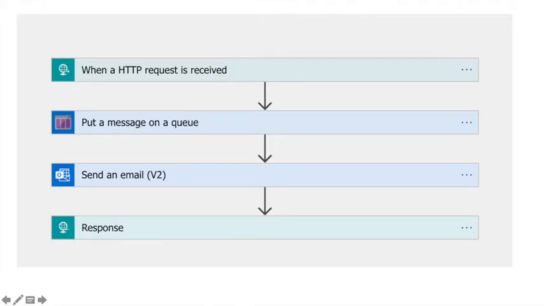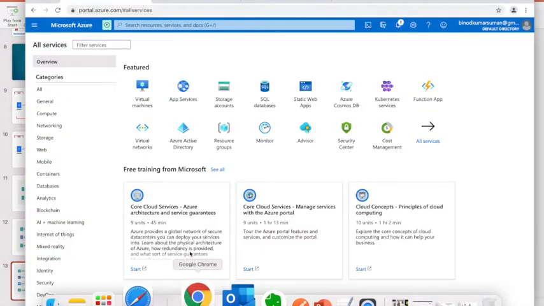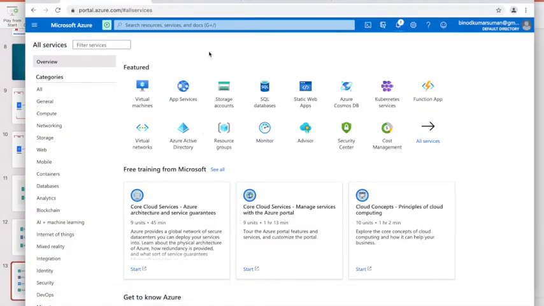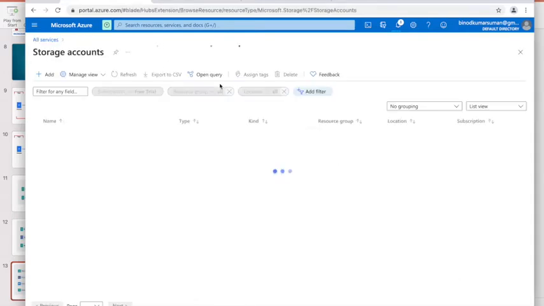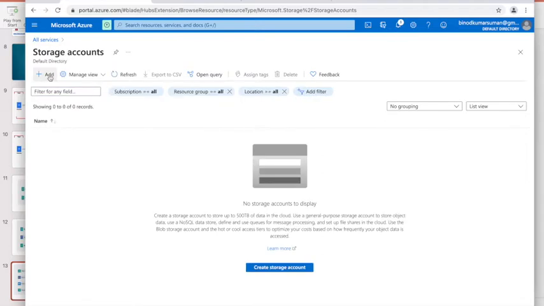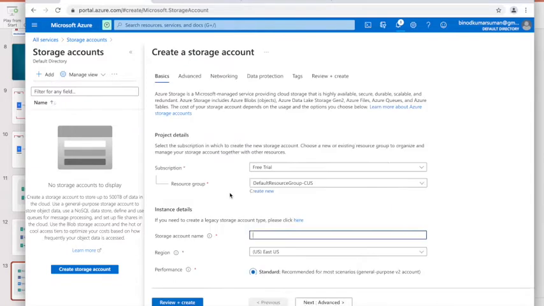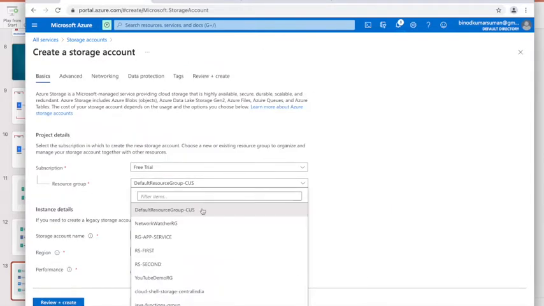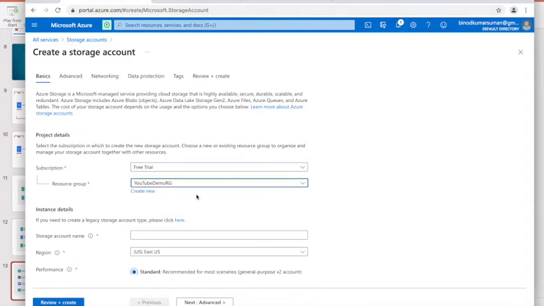So first, I hope you have an Azure subscription, a paid subscription. Come here and first create the storage account. You can see here storage account, click here and give one name. I have already created one resource group, YouTube demo resource group, or you can create a new one and you can use the existing one.